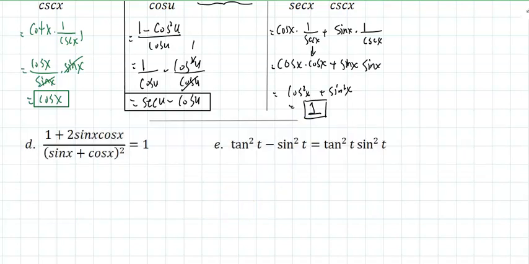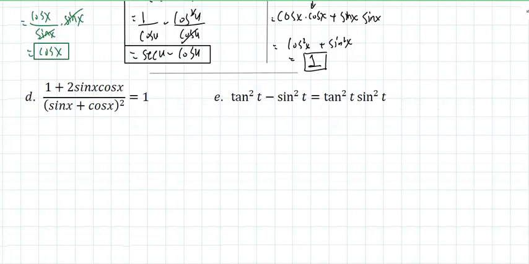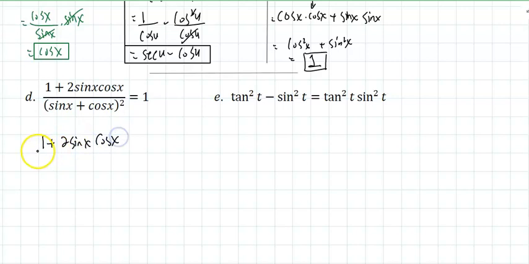So, I look at part D and I notice the right side is a 1. There's not much to do with the 1, so it has to be the left side I'm going to play with. Well, the top is already set. The top, not much I could do. The denominator, I could FOIL. If I FOIL that, that's the first squared plus twice the product of those